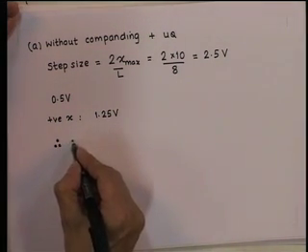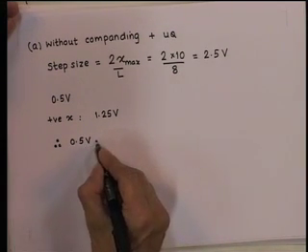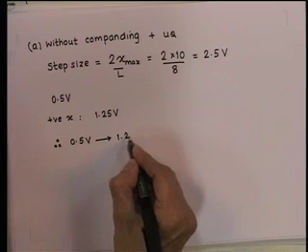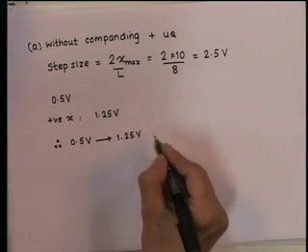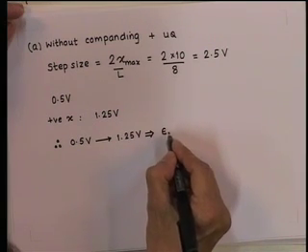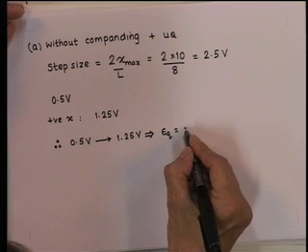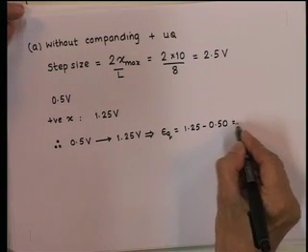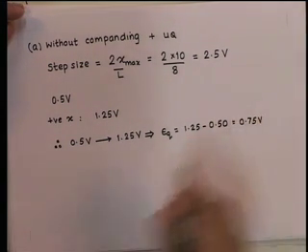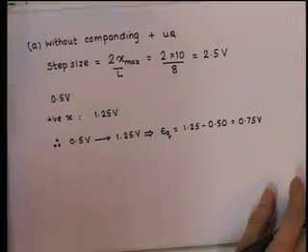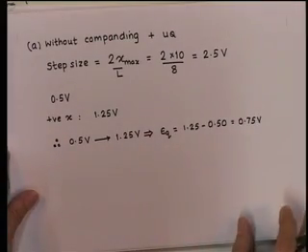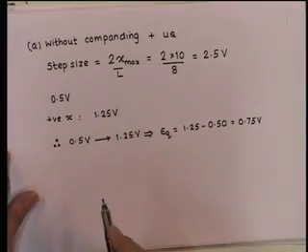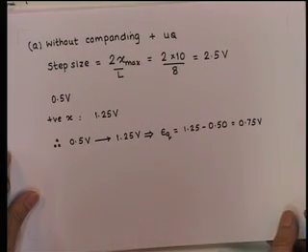Therefore, 0.5 volt will get quantized to 1.25 volt, which implies that the quantization error will be equal to 1.25 minus 0.50 is equal to 0.75. Now, let us look at the quantization of 0.5 volt with the help of mu law compander. So, with companding,